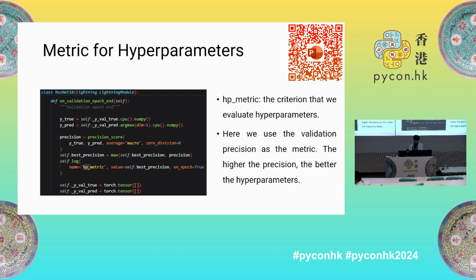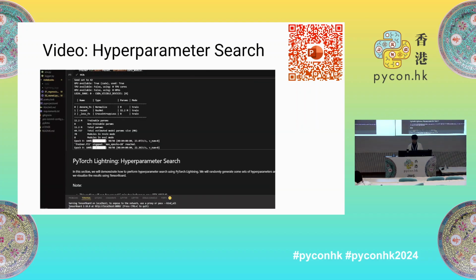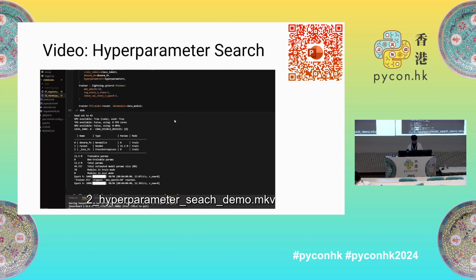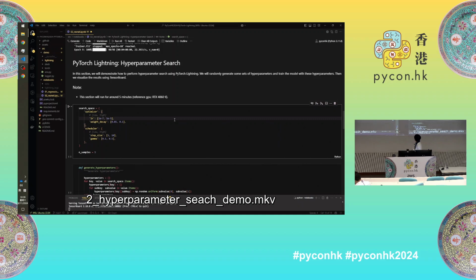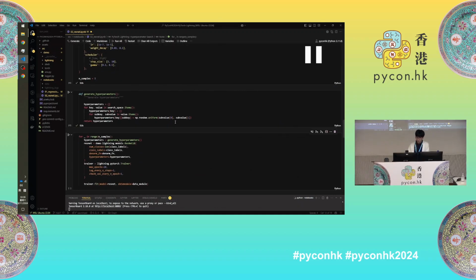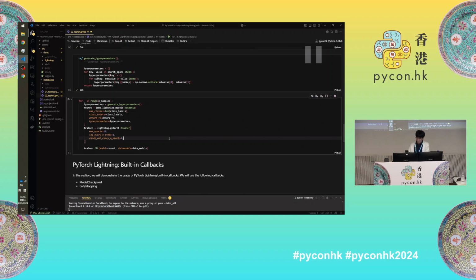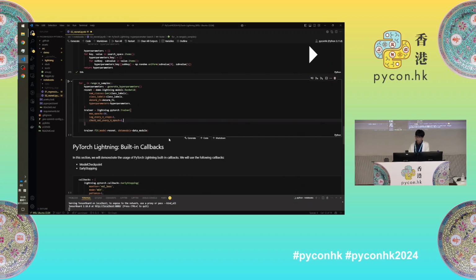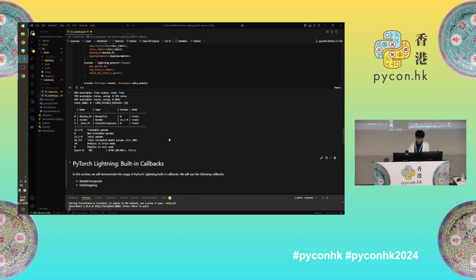And we just use the self.log function with the name HP_metric. And here we will see the results on TensorBoard again. So here we define the hyperparameters, and then we define a function to generate some sets of hyperparameters, and then we run the training,